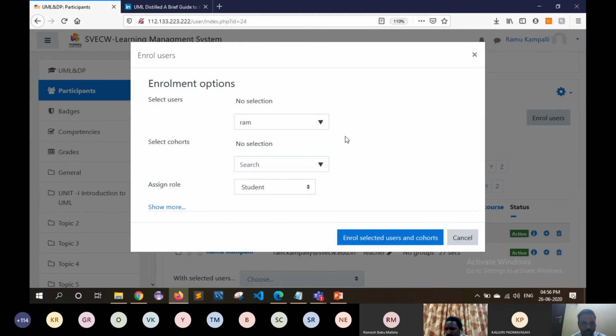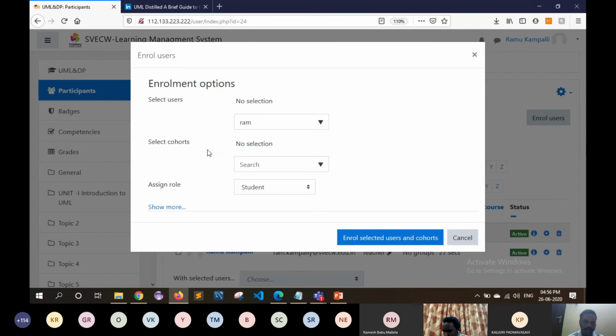The second procedure here is cohorts. Using the cohorts option, we can enroll multiple users as students. This is a bulk enrollment of users. Cohorts are nothing but just like groups.